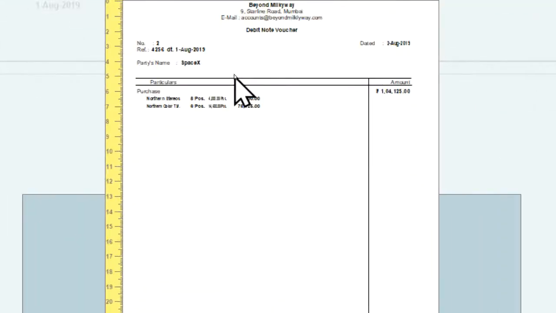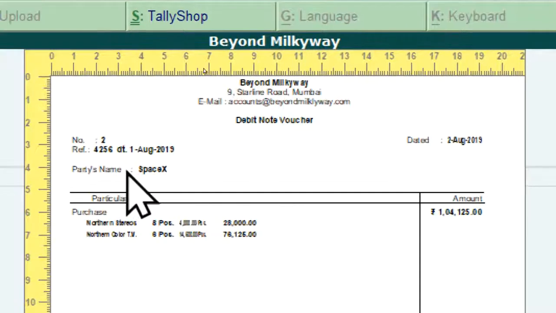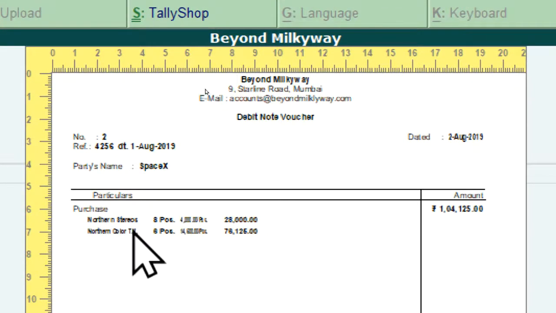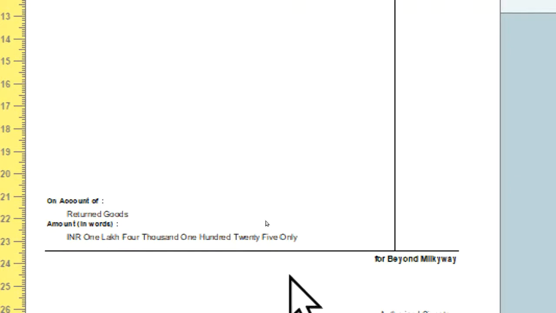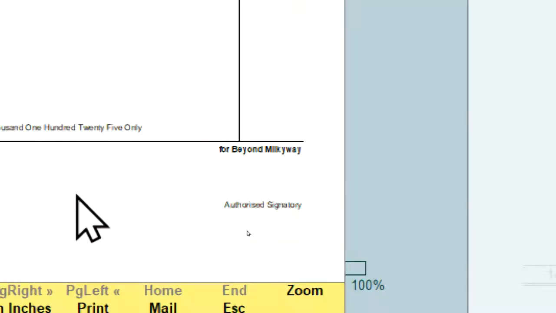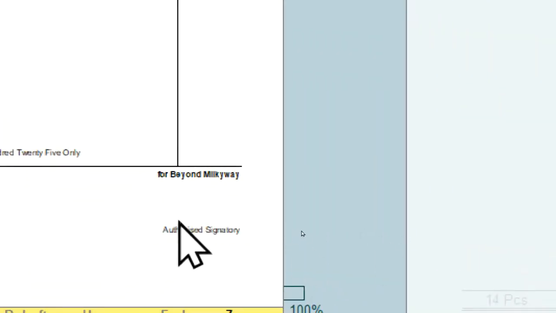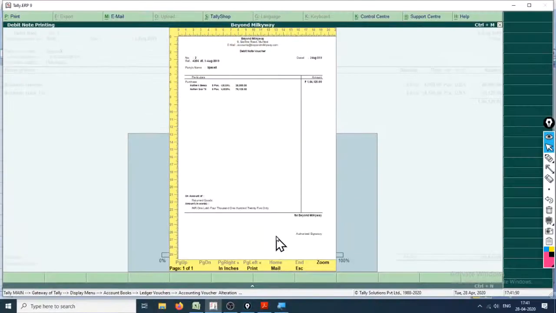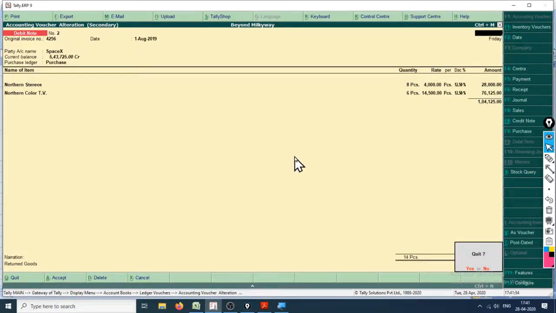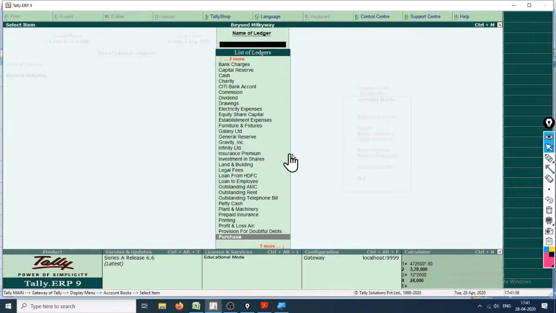Wow, this is pretty much more explanatory, and it says debit note voucher, party's name is SpaceX, purchase Northern Stereos, etc. You can see that it needs to be signed by the appropriate authorities. Hence, when you are done with it, you need to print it out and then transfer it to the appropriate authorities.